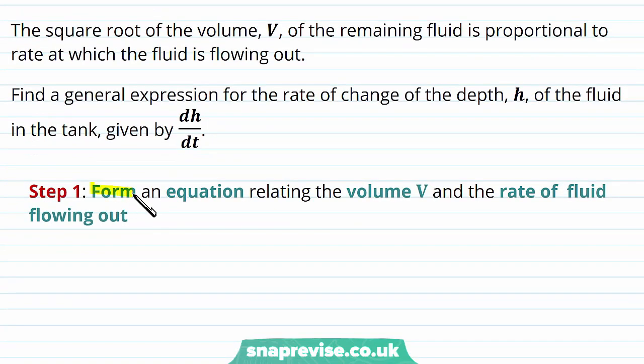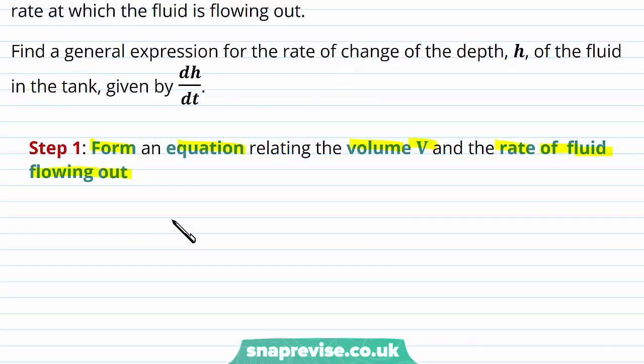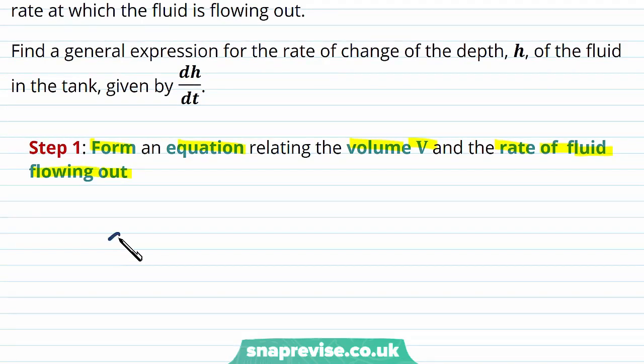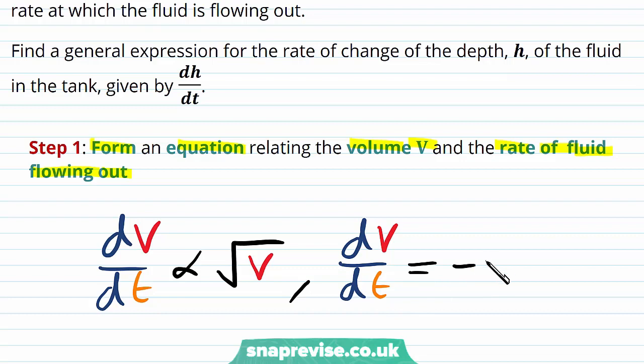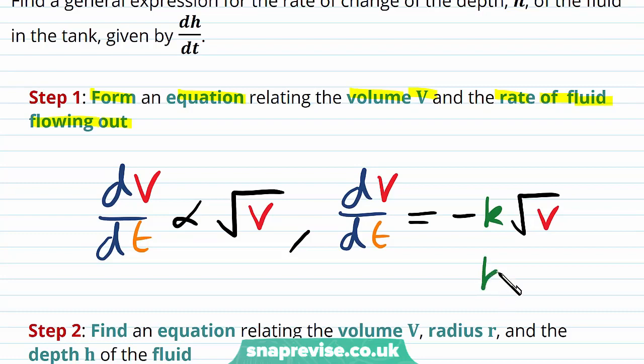Our first step is to form an equation relating the volume V and the rate of fluid flowing out. We've been given in the question that the rate of fluid flowing out, which is dV, the volume, by dt, the time, is proportional to the square root of V. And therefore, this means we can write that dV by dt is equal to minus k lots of the square root of V. Now this is for some constant k greater than 0, and the reason we have a minus